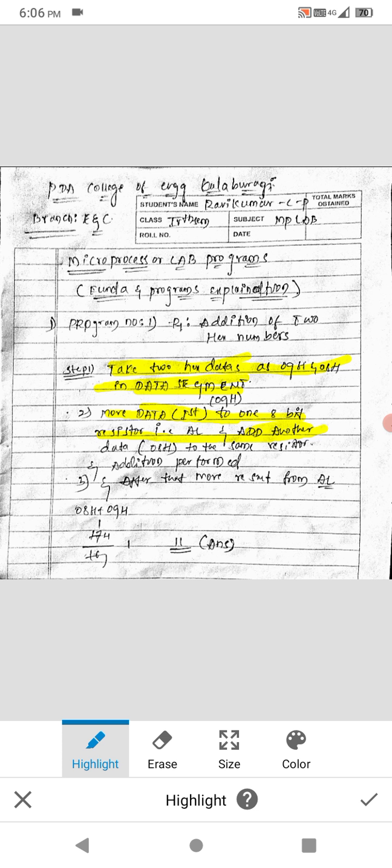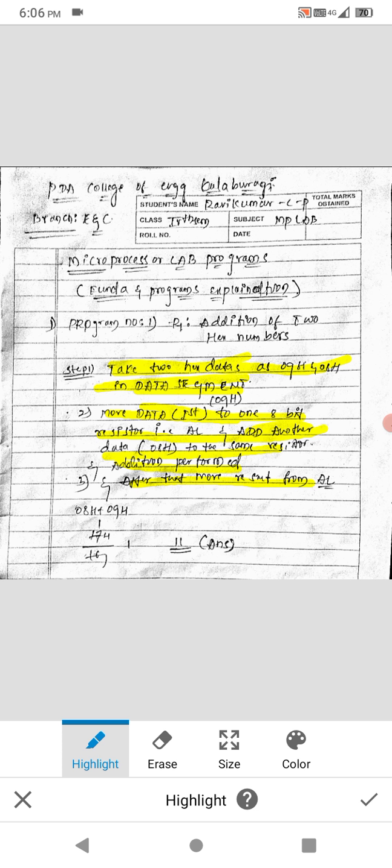Add the second data to the same AL register. AL already contains the first data, so the result will be 09 hex plus 08 hex. Addition is performed. Then we have to move the result from AL to memory.